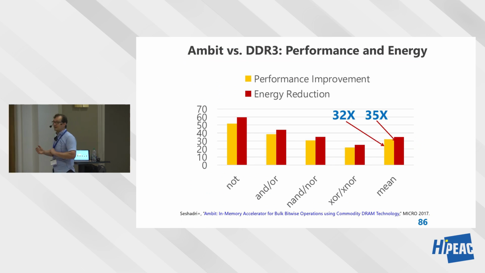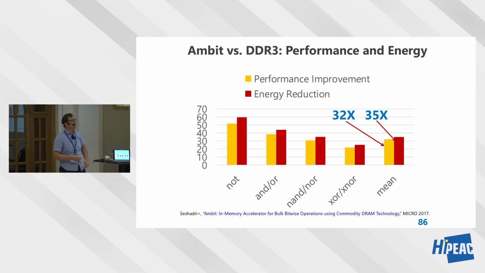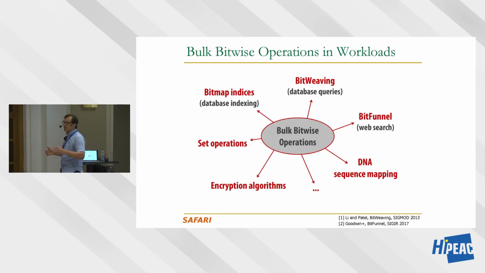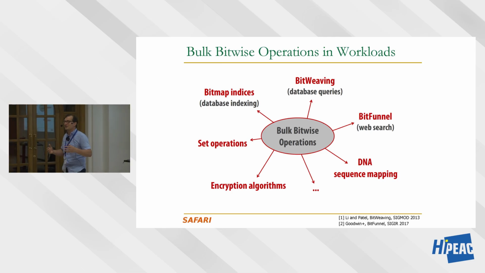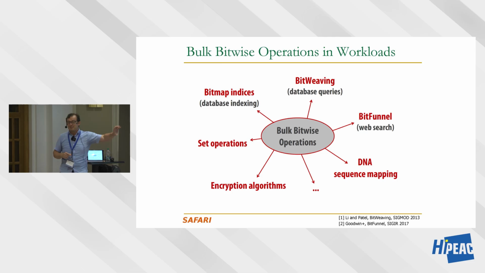And what is the benefit? In the end, you get significant performance improvement and energy reduction compared to doing this in the CPU. So NOT is actually the fastest. You can do AND and OR, you can do NAND and NOR by Boolean logic essentially. And you get significant performance and energy improvements. You may ask, okay, what is it good for? In the end, this is good for potentially everything, as I will show you later on, probably not today, but I will show you the basic results soon.